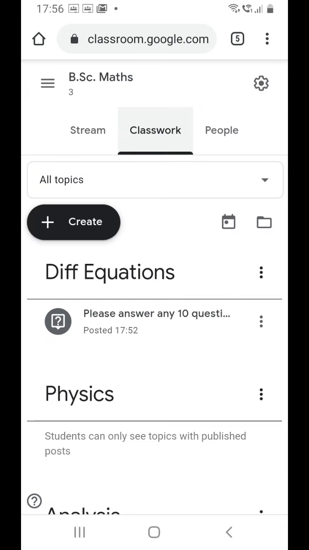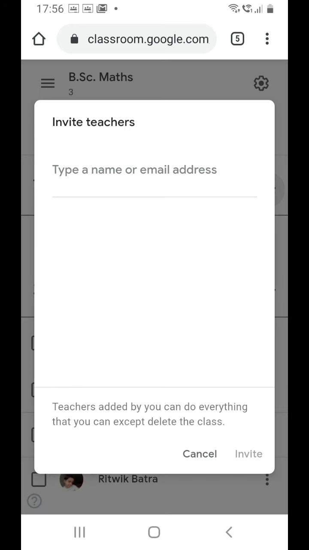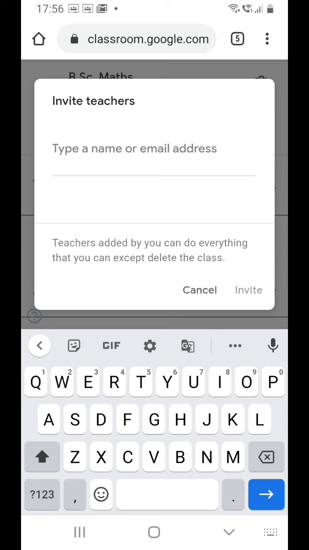And then we have this people button. Here you can see this plus sign against teachers. When you click on this plus sign, you can type the name or email address of teachers that you want in your group.